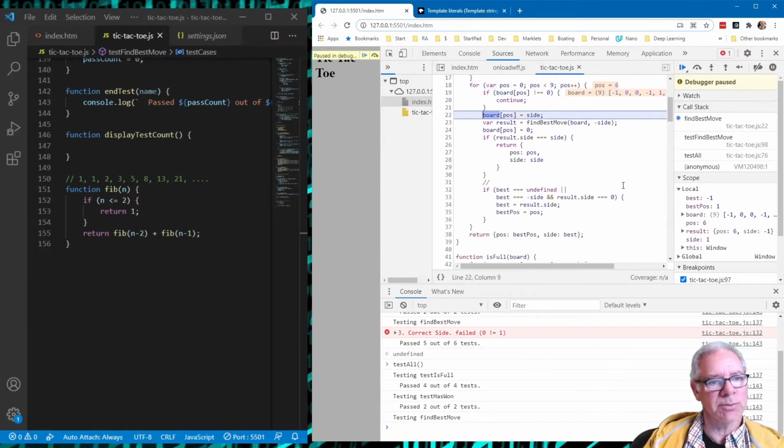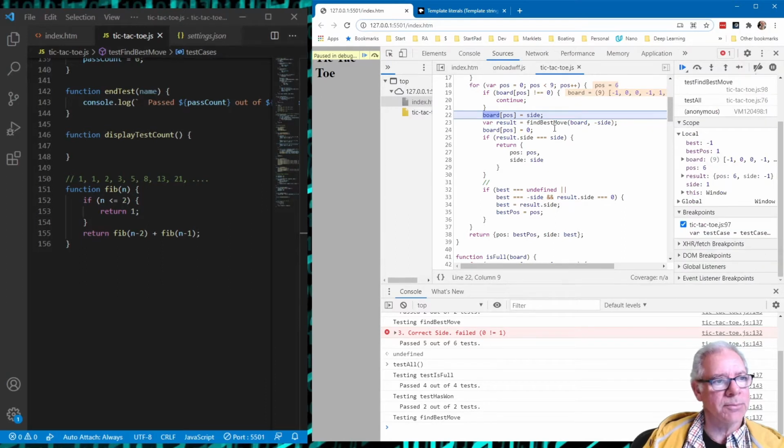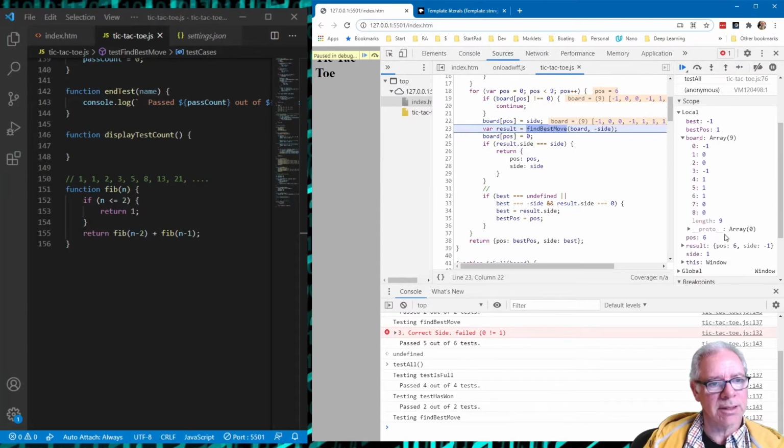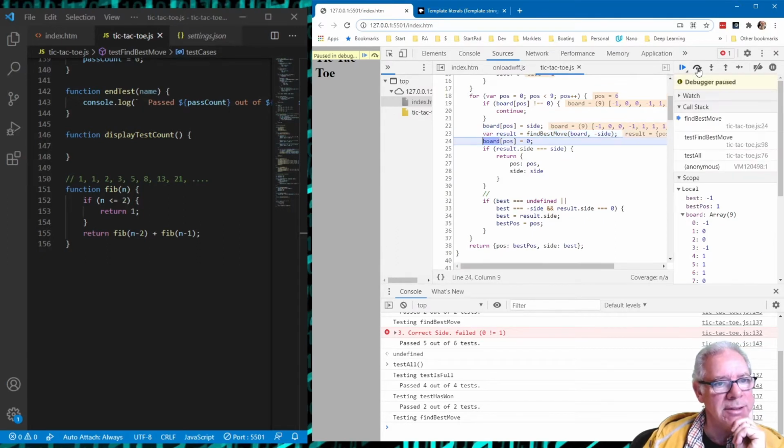And now we get to position 6. Here's the move we should be making. And let's look at our board, make sure, yeah, 6 is open. So we should be making a move at position 6. And here we're going to say what is O's best move if we've blocked his win. I would expect him to move like position 1, so that he would potentially get 3 across at the top, something like that. Let's see, what did it return? It returned position 2